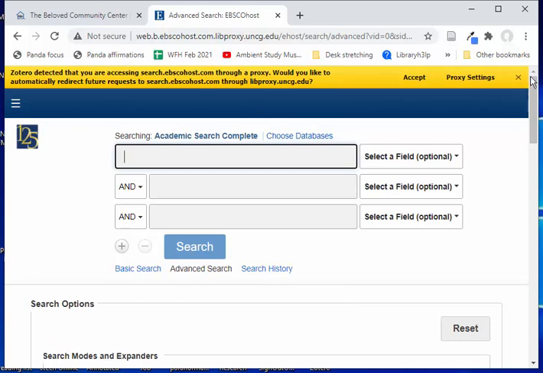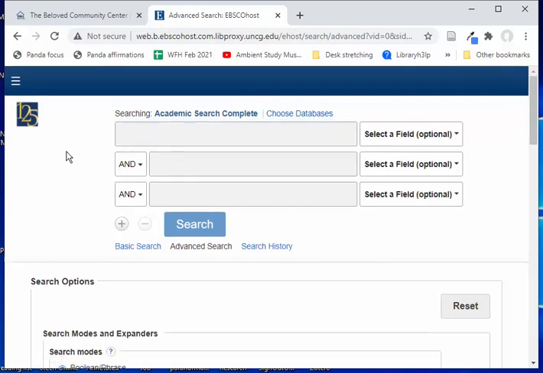Academic Search Complete, you've probably used before in other classes. It's a nice place to start because it covers a lot of different subject areas, so we often call it a multidisciplinary database. Now, if I come in here and I do a search for Beloved Community Center,